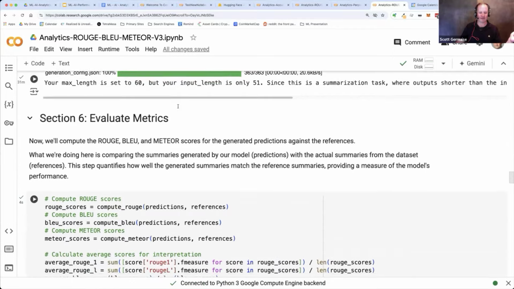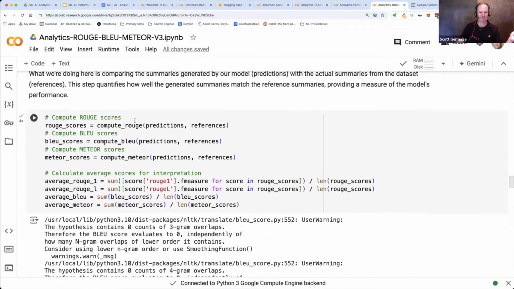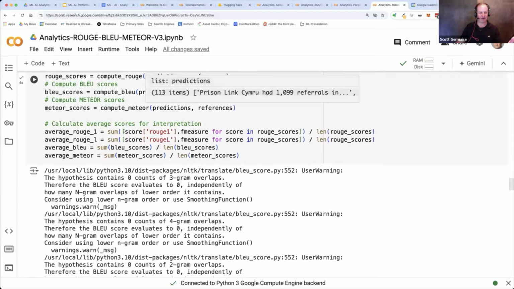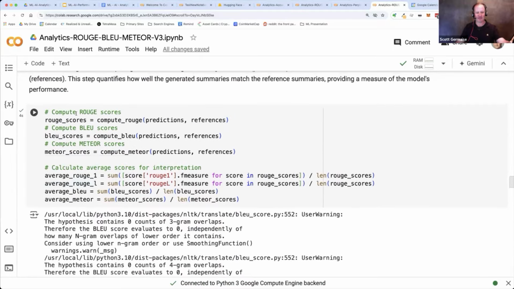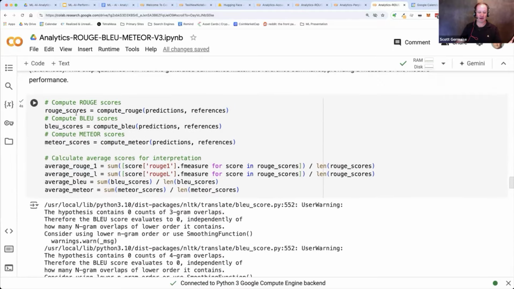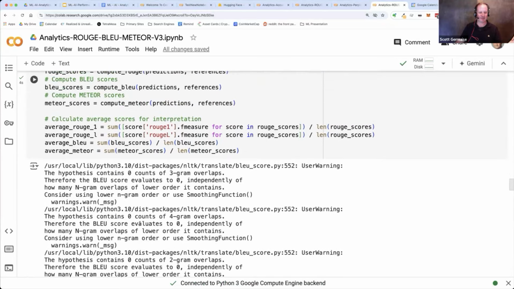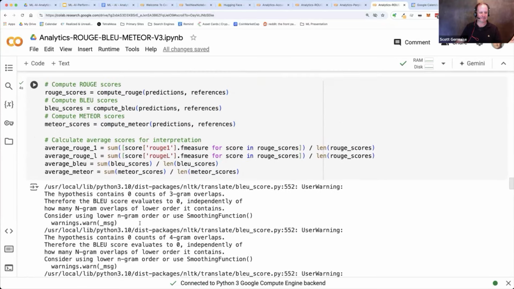Once we get all of these things, now we're going to generate a whole series of evaluations, the Rouge, the Blue, and the Meteor scores. And these library functions here just can generate the scores. They're not going to show them to you, but you actually want to see them. All right, so we're going to print them out. And see, this is a bad example. I ran this earlier,